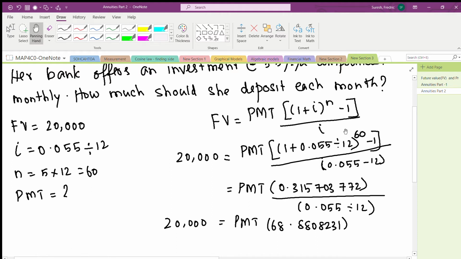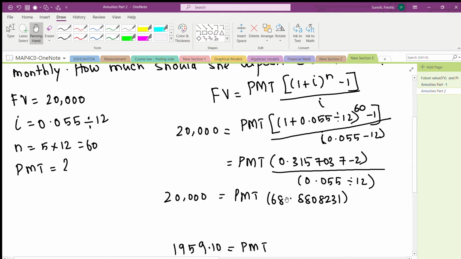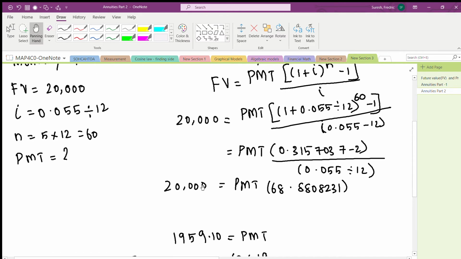So what I did first was I put this numerator into my calculator and I got this number. Then I put this denominator into my calculator and I got this number. Finally, when I divide, I get this number. And so now to get the final answer, I just need to clear some mess here. To find the final answer, what I did was I divided both sides by